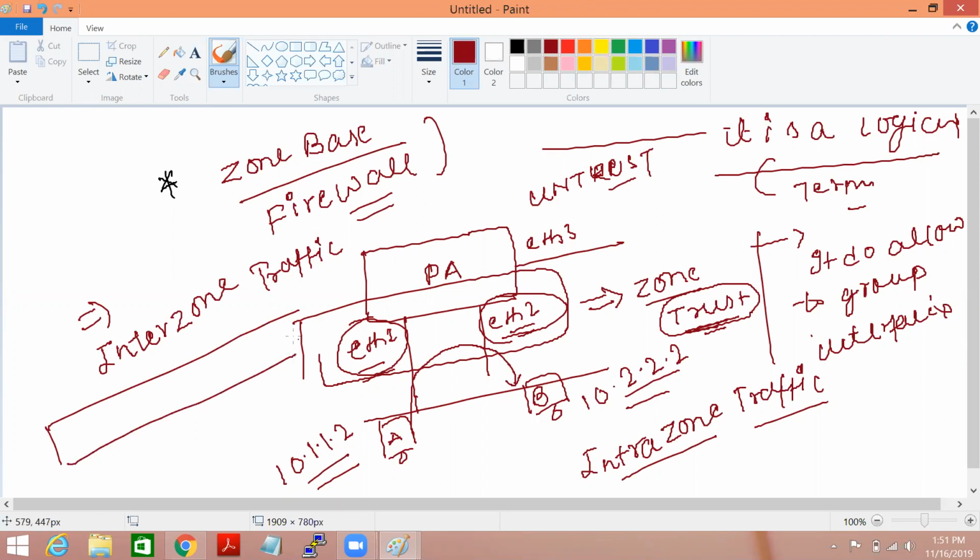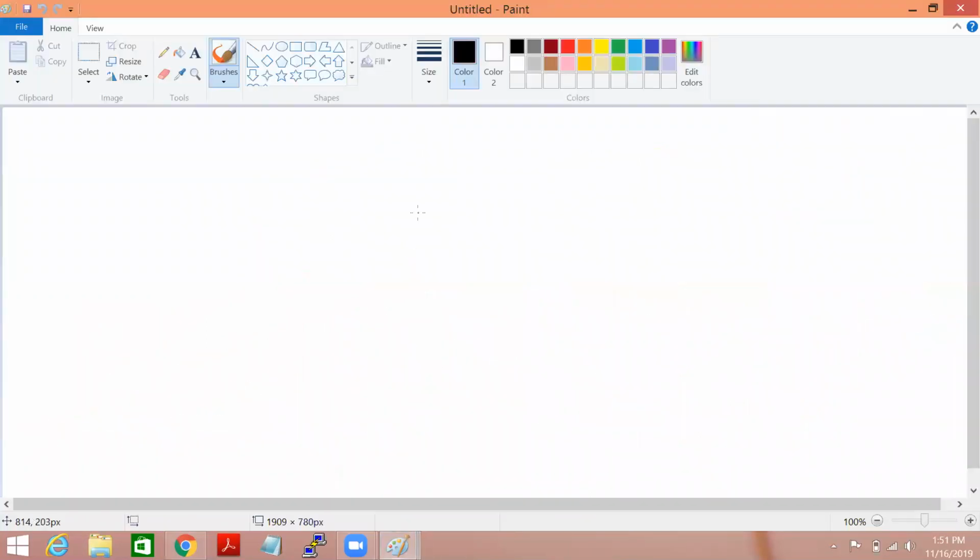So the default behavior of the Palo Alto firewall, if we configure zones, is that same zone traffic will always be allowed, and different zone or interzone traffic will not be allowed. So we'll have to understand these two terms: the intrazone policy, which is a default policy on the firewall, and next is the interzone policy.